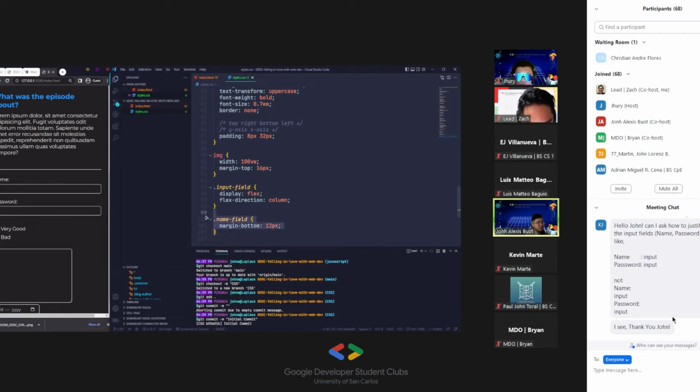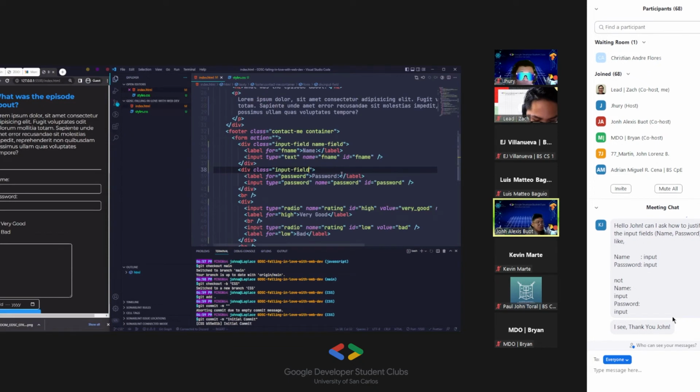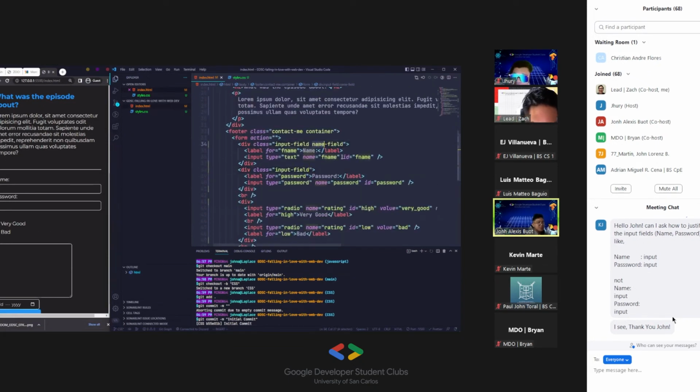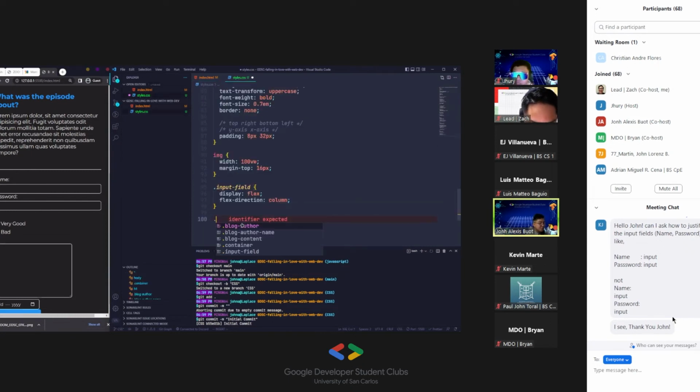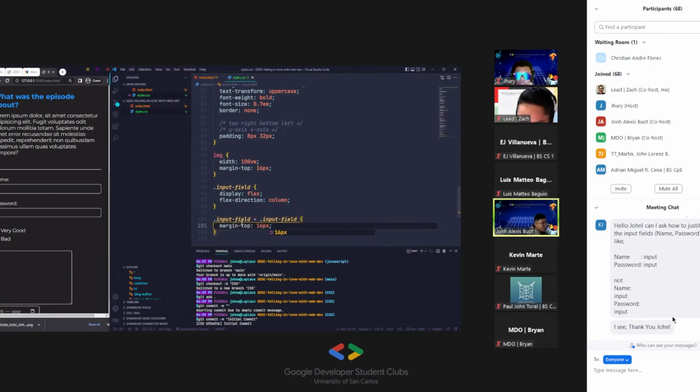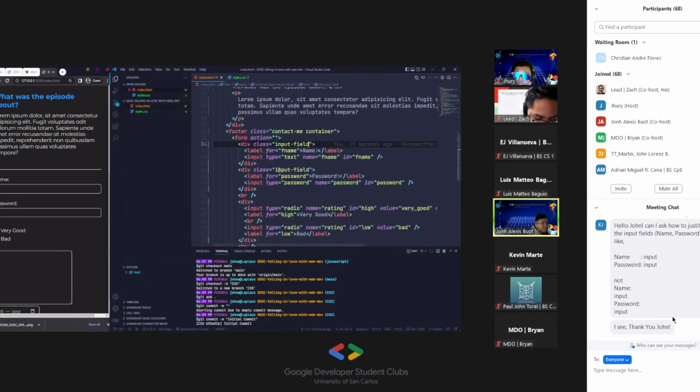But if you want to lessen the number of classes inside of this place, you can use another kind of selector, which is dot input field plus, the adjacent sibling selector. Okay, that's quite complicated, but I'll discuss it today. So margin top 16 pixels. What the adjacent sibling basically means is